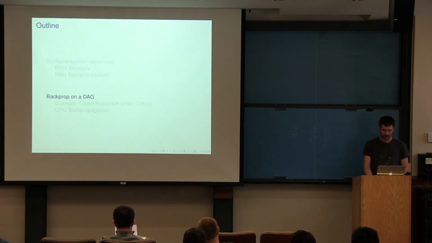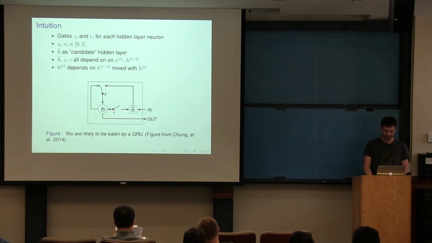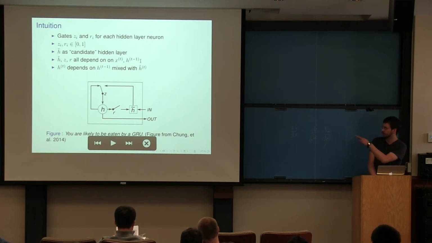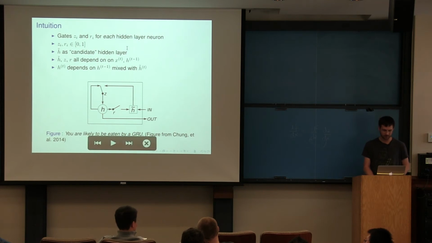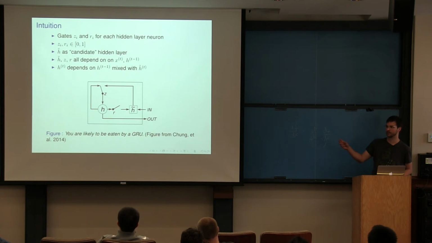But if you make things more complicated, so if you look at the GRU, the idea is that everything in this hidden layer, and there's a bunch of these different little elements, they all depend on the previous hidden layer and the input x. So again, we have this what's called the output gate C, reset gate R. These have a sigmoid activation function, so they end up between 0 and 1, and you can think of it as a switch. If it's 1, it's on. If it's 0, it's off, and it's a continuous function, so you can take gradients.